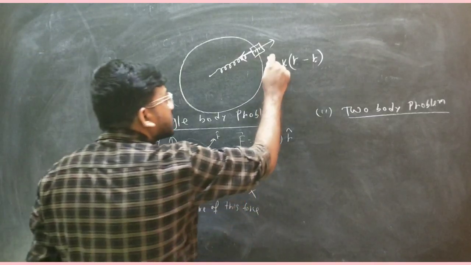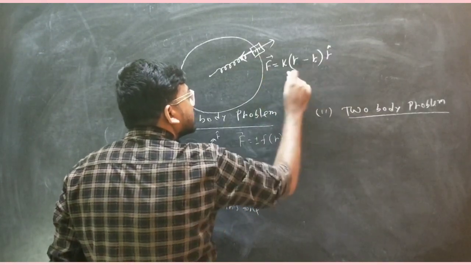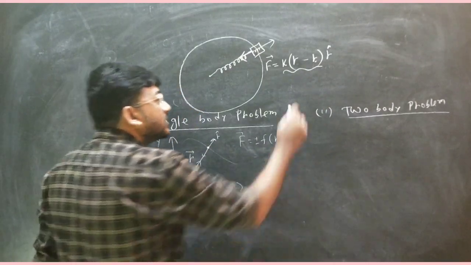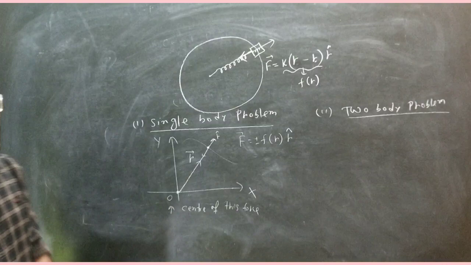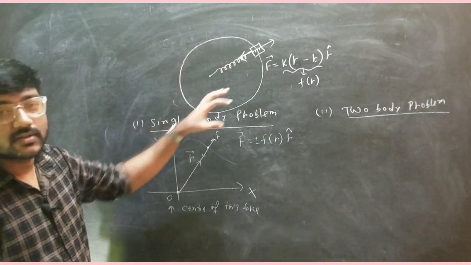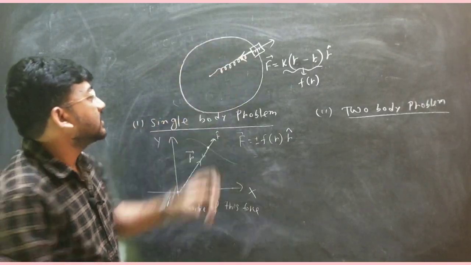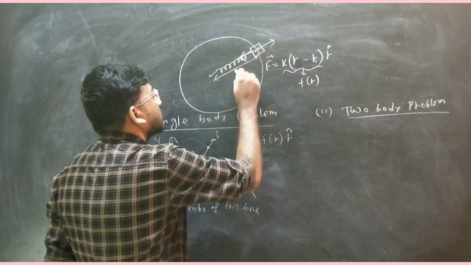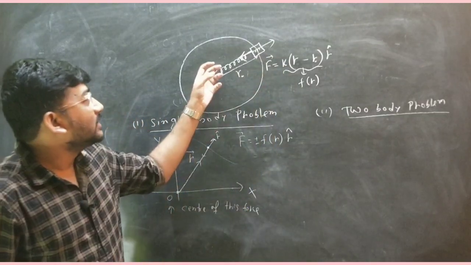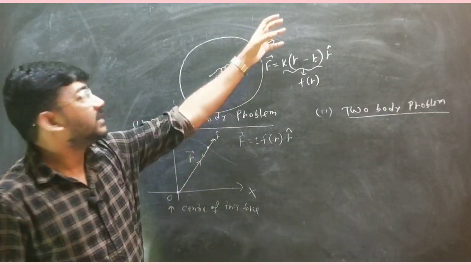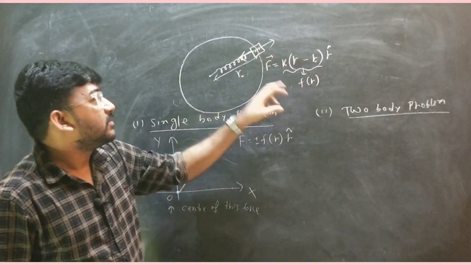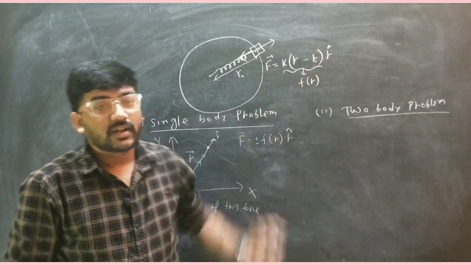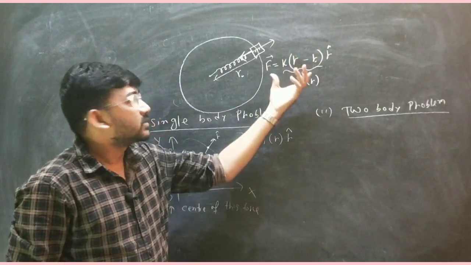So the force F is equal to k into r minus r naught. This is the magnitude of the force, and you can see this is only a function of r. So this is central force motion for a one body system. If the radius is r naught and the string is stretched along this direction, then r will be greater than r naught, so r minus r naught will be positive. So F will be k into r minus r naught r cap. This is the equation of motion.